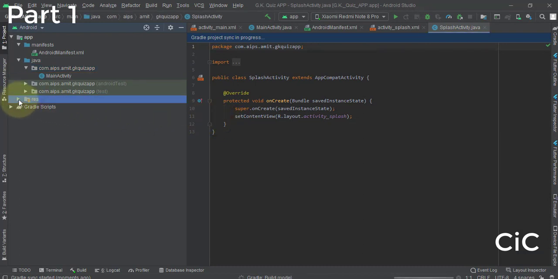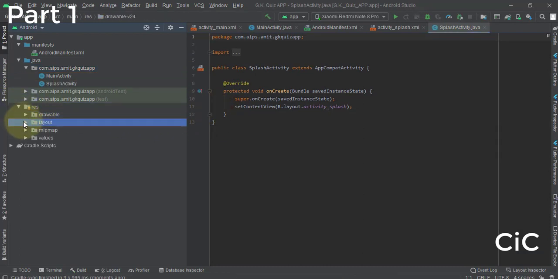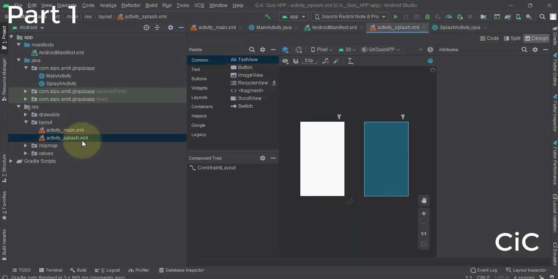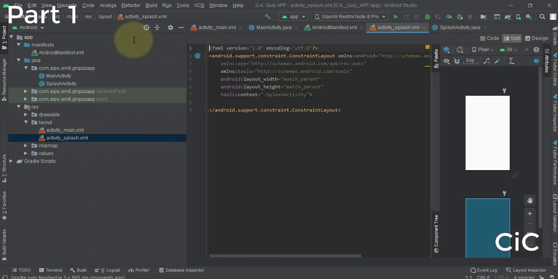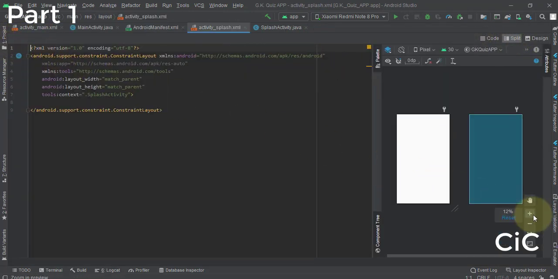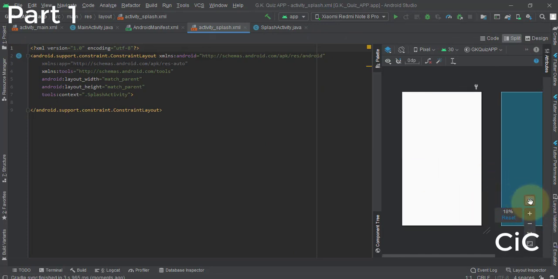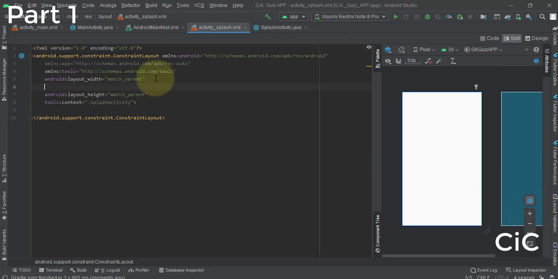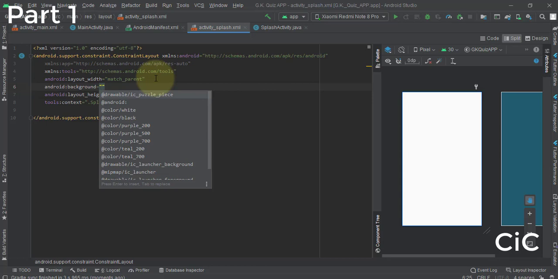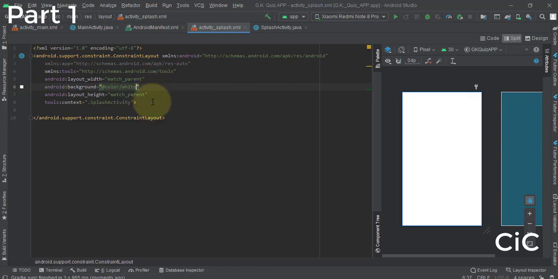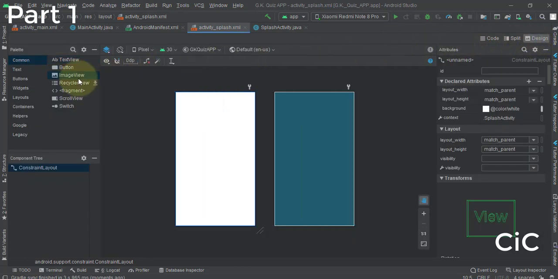Okay, now let's come to this layout and open the activity splash layout here. First of all, what we have to do is add that icon here. First make sure that the background color is white. Okay, and let's add the icon. The icon will be added by image view. So let's just drag and drop that here in the center.